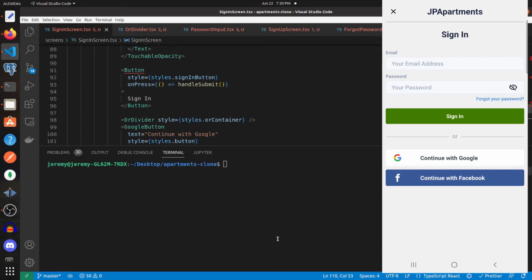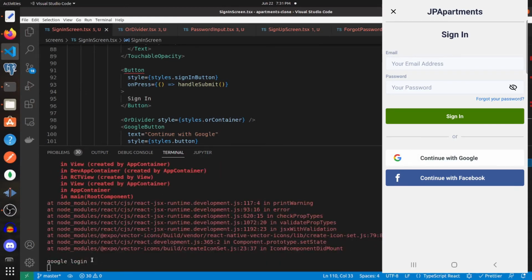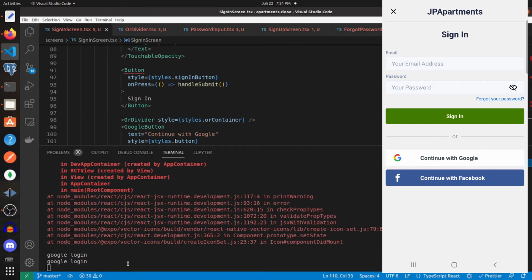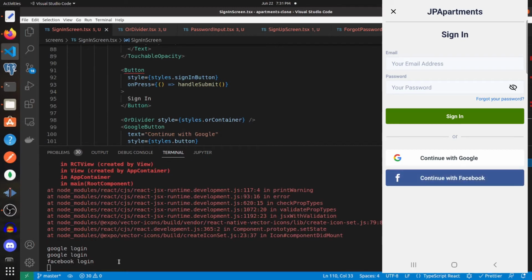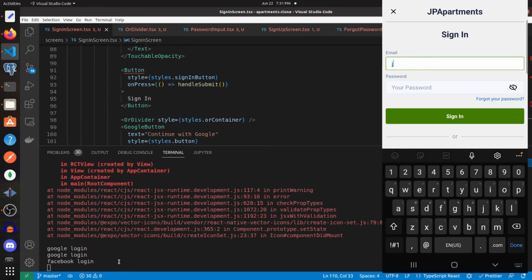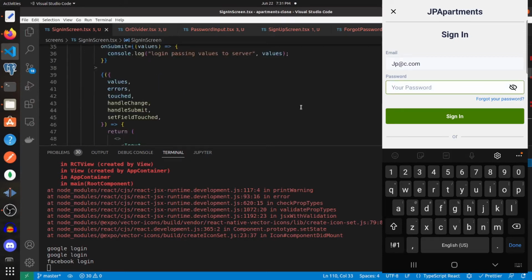So here we can actually test this out now. So let's just go with continue with Google, and I'm on the wrong one. So I press that, it'll say Google login, Facebook login. Here we can just say jp@c.com, and then here we can test out the password. We just say whatever,